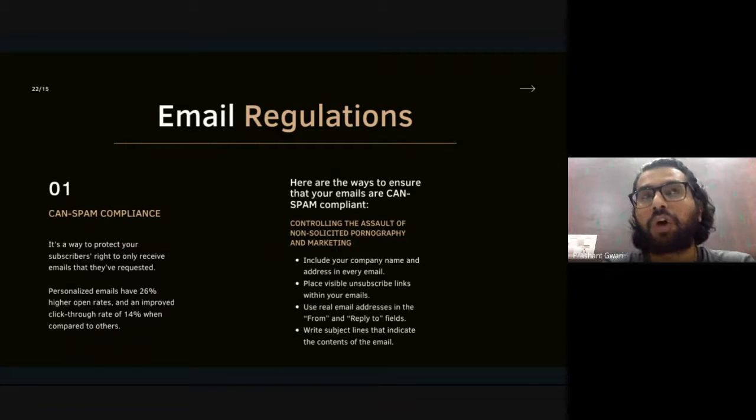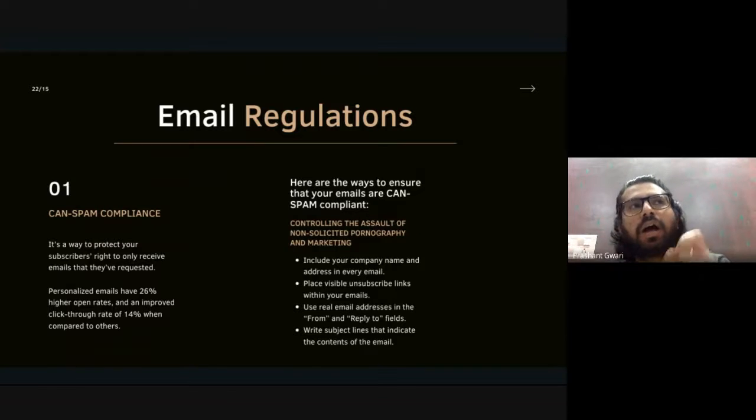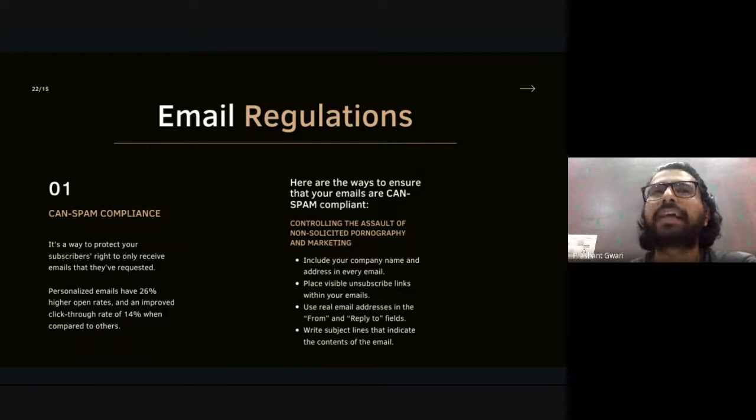If you want to know how you can actually follow this regulation, you have to follow these 4 points. Number one, include your company name and address in every email. Go to your Gmail, click on the promotions tab and see all the emails you are receiving from companies. They contain their company name and address at the bottom right corner or left corner.